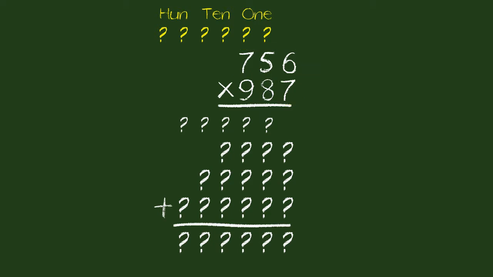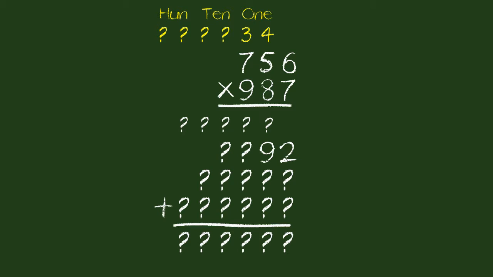We'll start by multiplying the numbers in the ones column. 6 times 7 equals 42. We put the 2 from the 42 in the ones answer location here, and the 4 of the 42 up here in the ones carry location. Now we multiply the 5 times 7. 5 times 7 equals 35, and we need to add the 4 in the ones carry location to this. 35 plus 4 equals 39. We put the 9 of the 39 in the tens answer location and the 3 in the carry location up